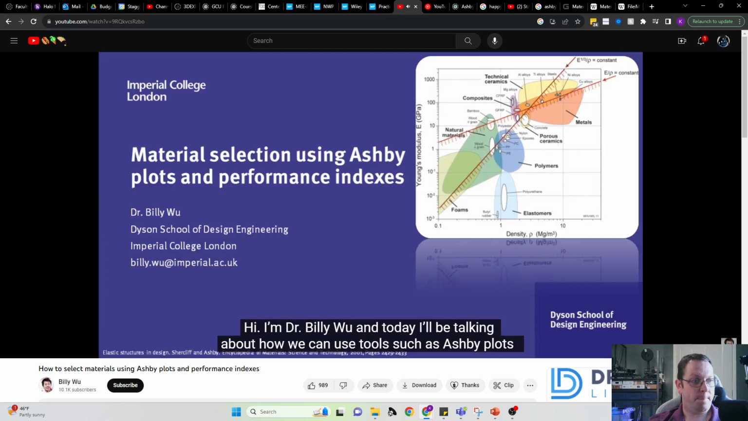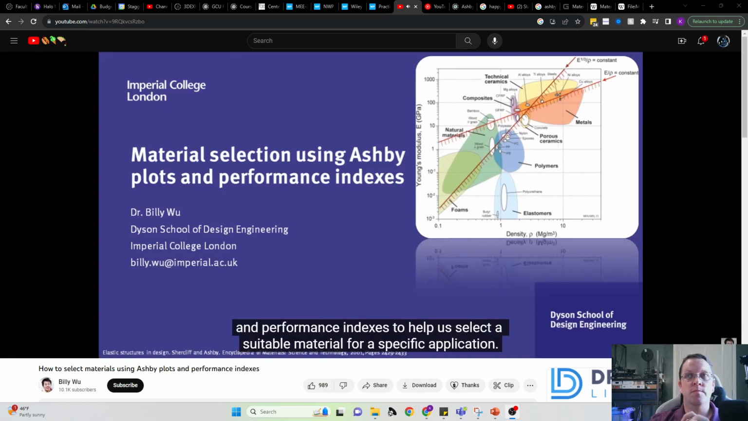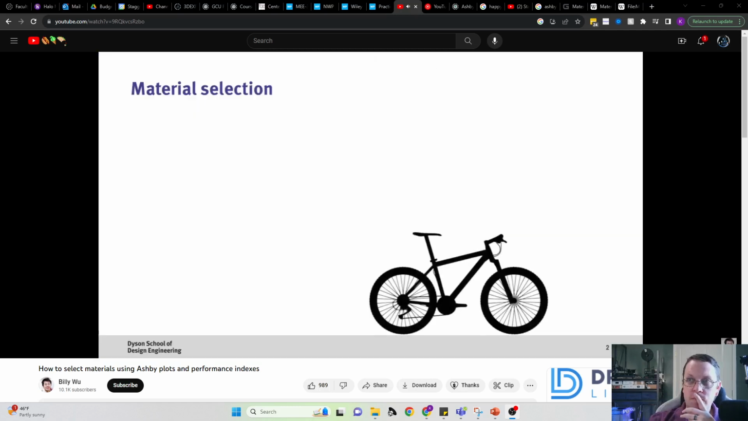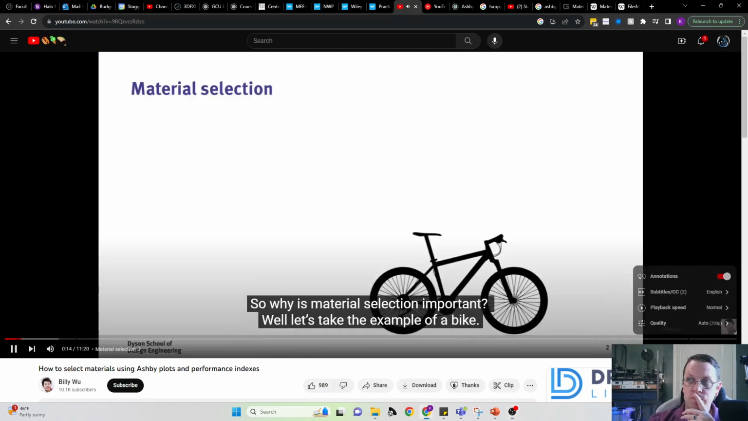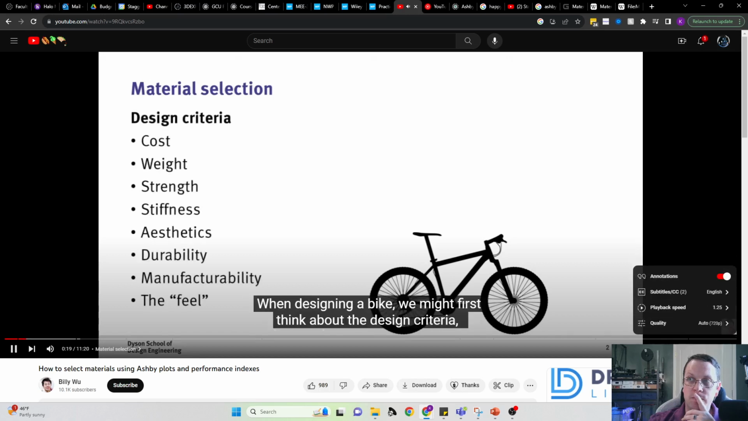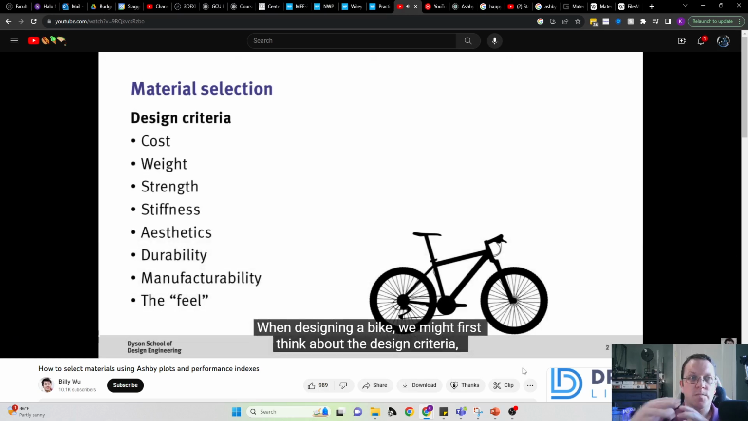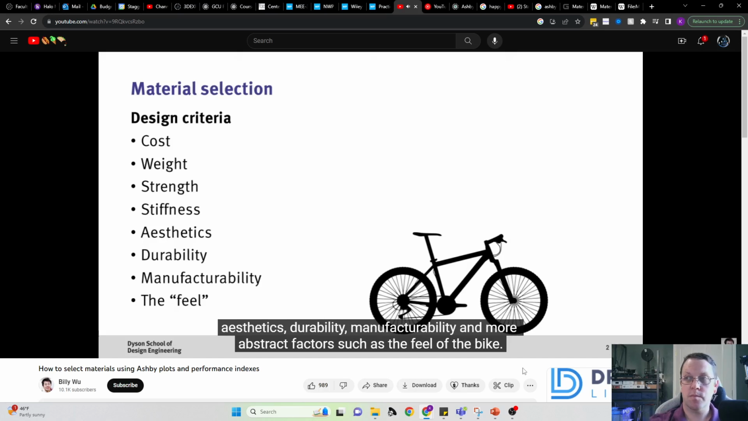Hi, I'm Dr. Billy Wu, and today we'll be talking about how we can use tools such as Ashby plots and performance indices to help us select a suitable material for a specific application. So why is material selection important? Well, let's take the example of a bike. When designing a bike, we might first think about the design criteria or what people care about. This can include things like cost, weight, strength, stiffness, aesthetics, durability, manufacturability, and more abstract factors such as the feel